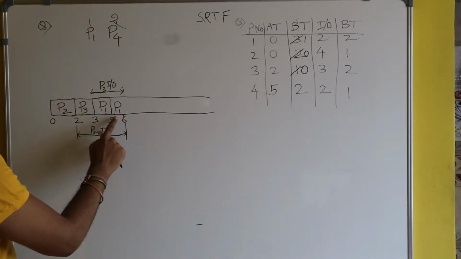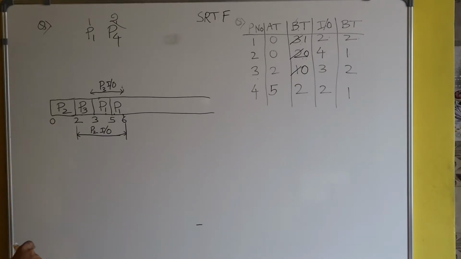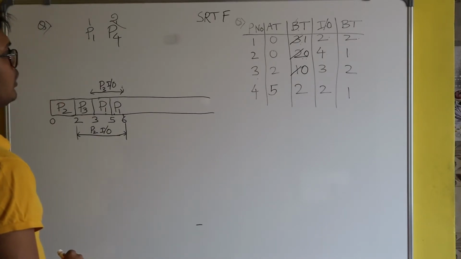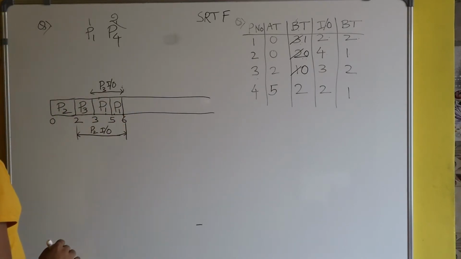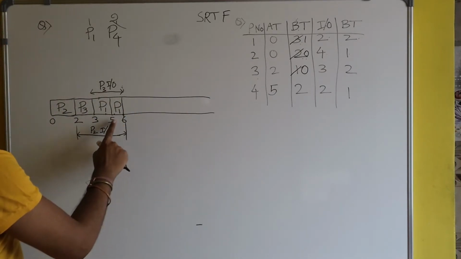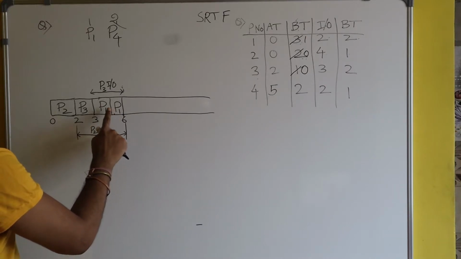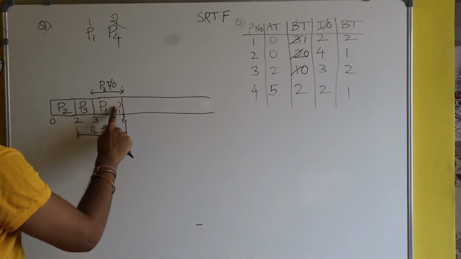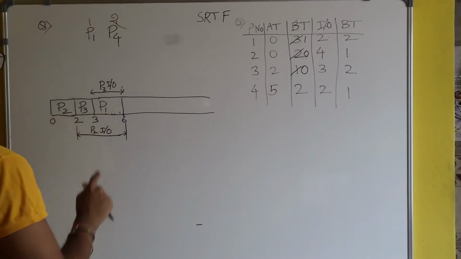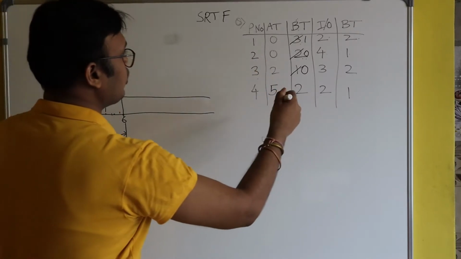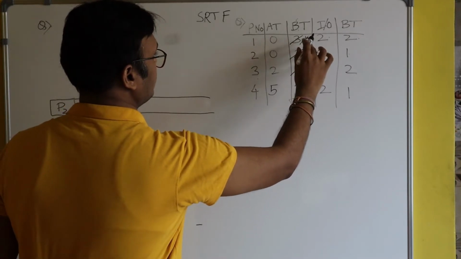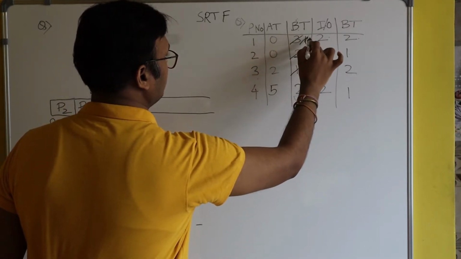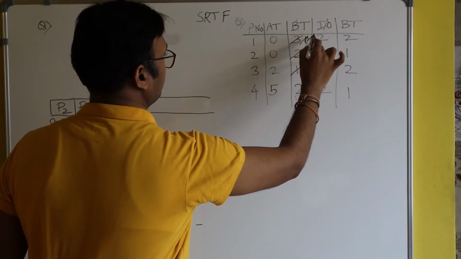So here there will be no context switching. And now 1 second was left, so P1 will execute its 1 second. Okay. So here I am removing this. No need to write this because there is no context switching at all. Fine. So it means what? Process P1 has finished its first burst time. So here I will write 0.